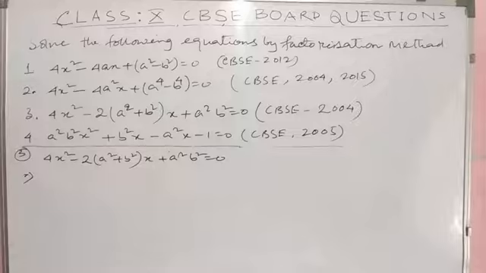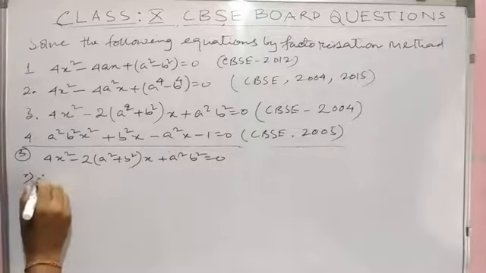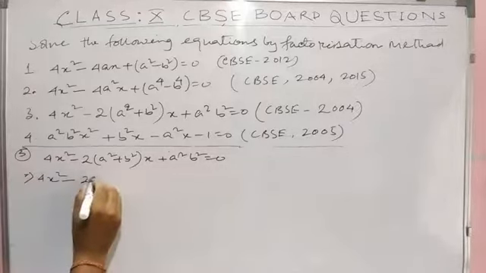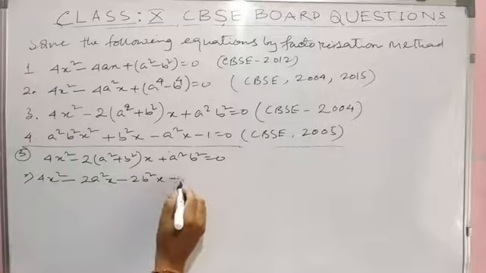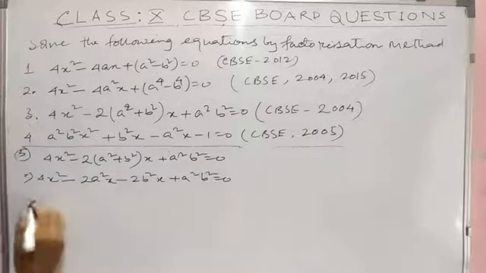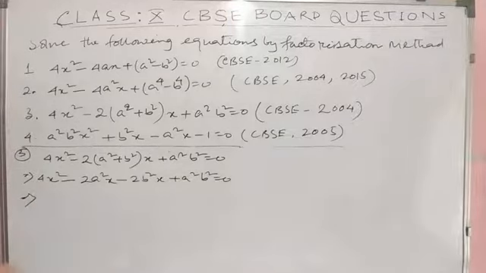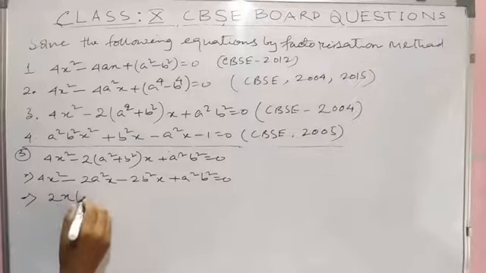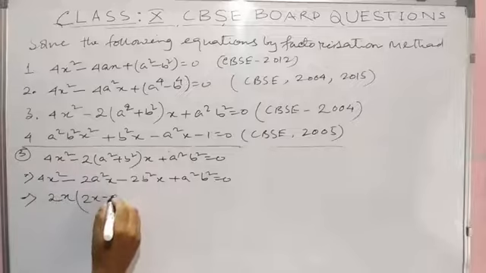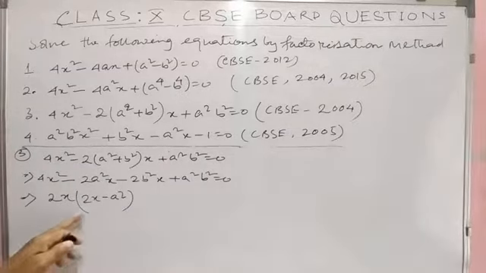These are a little bit different questions. You cannot do middle term factorization directly. Sometimes we can do middle term factorization also, but we have to observe it very carefully. So see what I can do now. I can write this one as 4x² − 2a²x − 2b²x + a²b² equal to 0. Got it? Just multiplying this. Now between these two common is 2x. So it will be 2x − a².